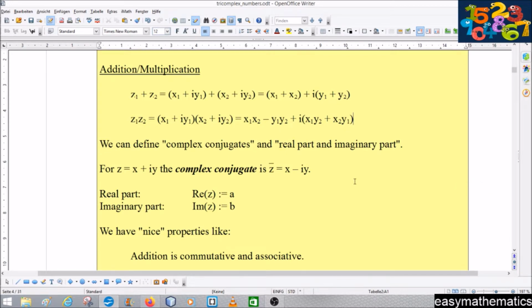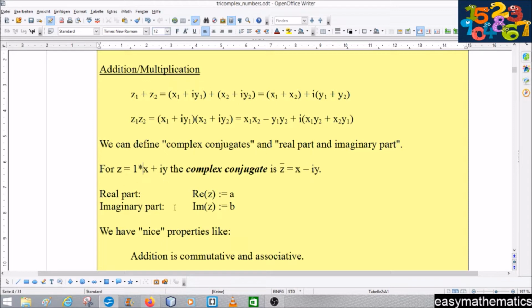For a complex number, the complex conjugate is the change of the sign in the imaginary part. And what is the imaginary part? The imaginary part is the number connected to this imaginary unit i,